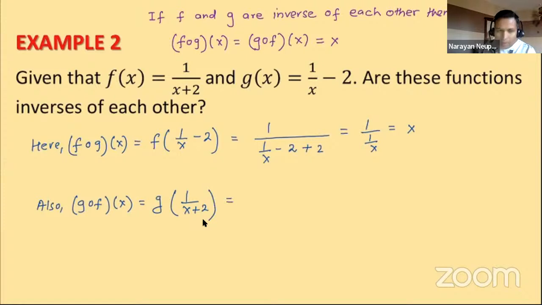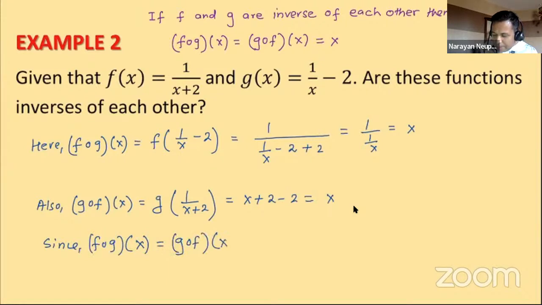Now this is g of 1 over x plus 2, but g of x is the reciprocal of x minus 2. In place of x we have this one, so the reciprocal of that will be x plus 2, and then minus 2. Again, you can see 2 and 2 cancel, we get x. So what we see here is, let me write that. Since f∘g of x is equal to g∘f of x, and both are equal to x,